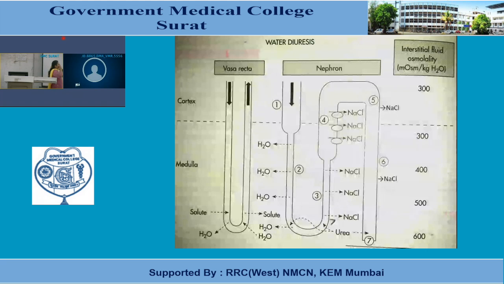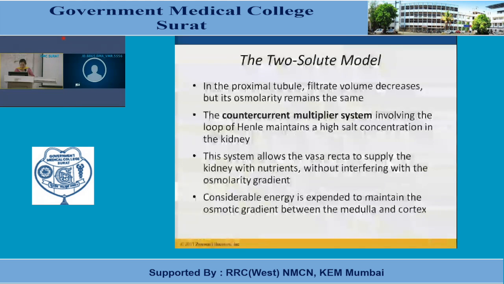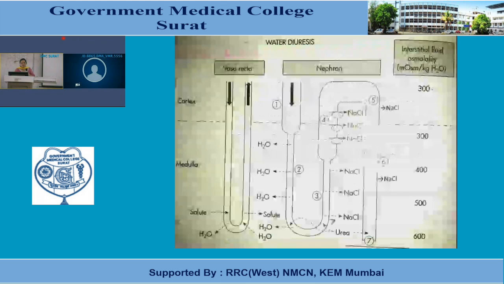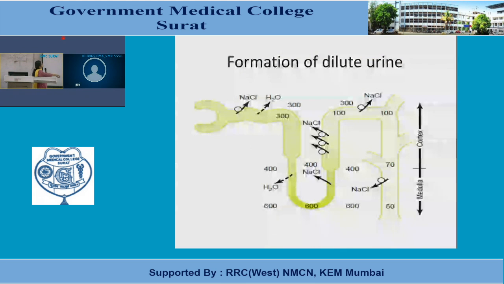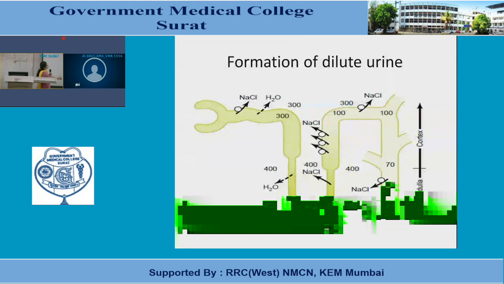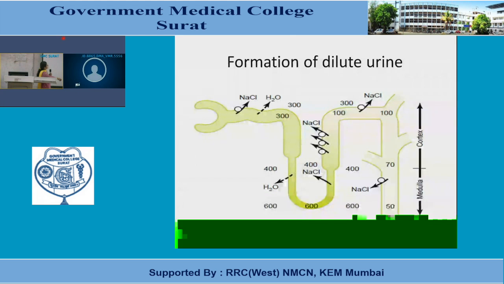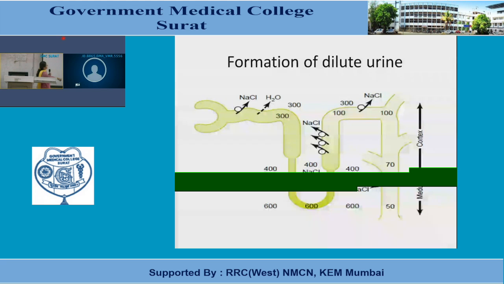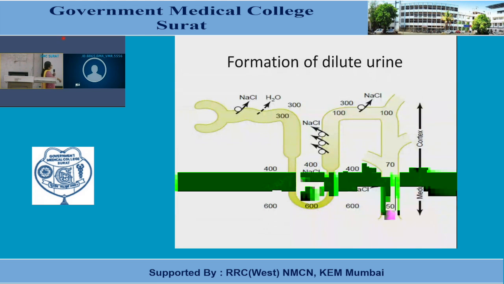The urea absorption will also decrease, and this urea will not be reabsorbed, and it will be taken back in the urine. Maximum of it will be excreted in urine. So you can see the formation again in this sodium chloride, water, all is absorbed. It becomes 300 milliosmoles. Water is again absorbed from the ascending limb. So the medullary interstitium becomes 600 milliosmol at the tip.